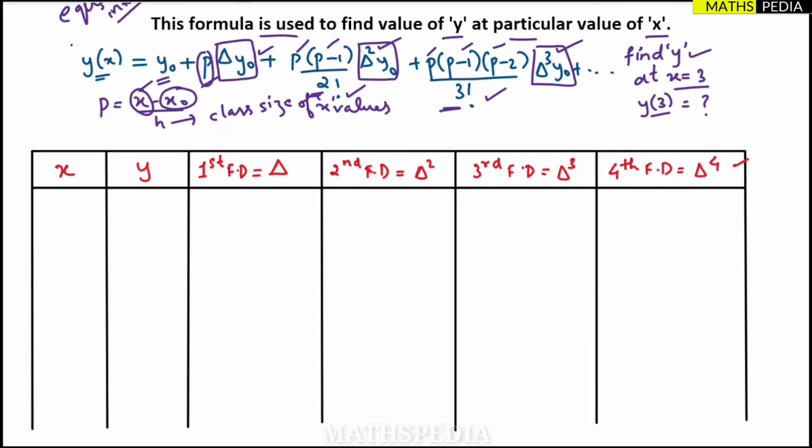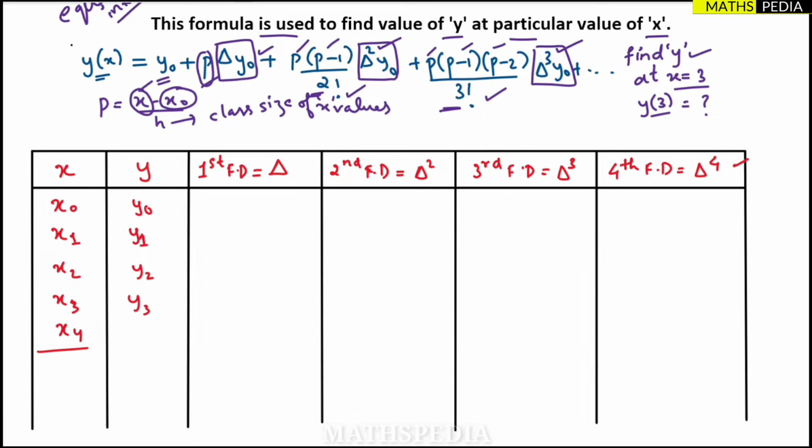Now coming to this x, what will be x? They will give the values, you have to write it in the form of x naught, x1, x2, x3 and x4. We'll stop it at x4. Now y will be, they will give you these values. So the first two column values they will give you, you have to start from y naught, y1,